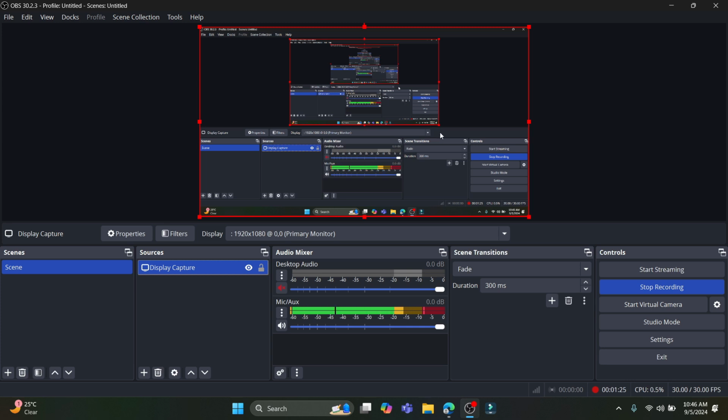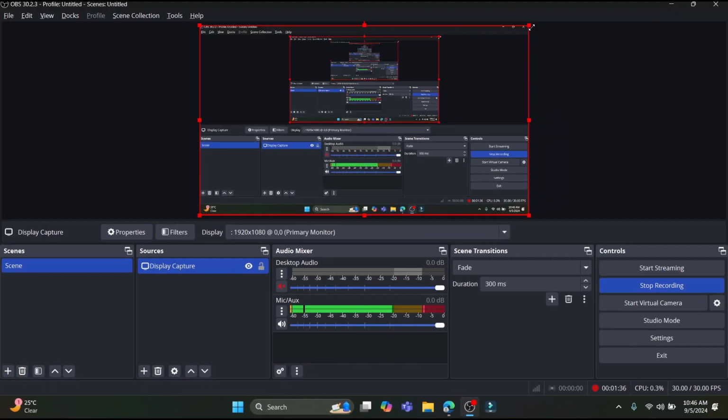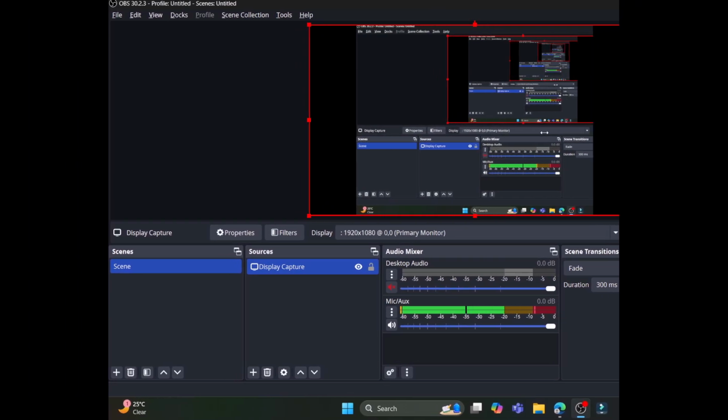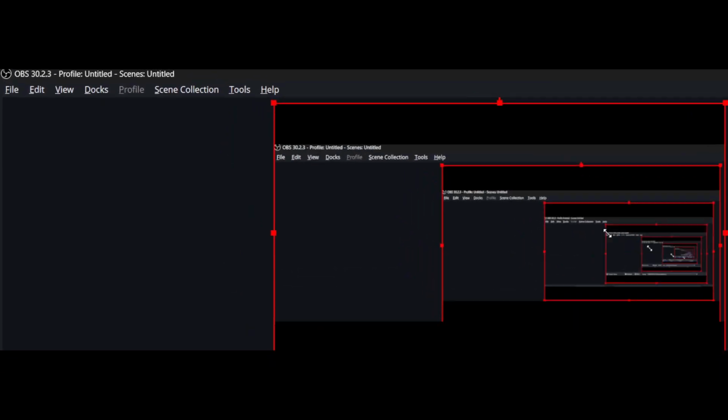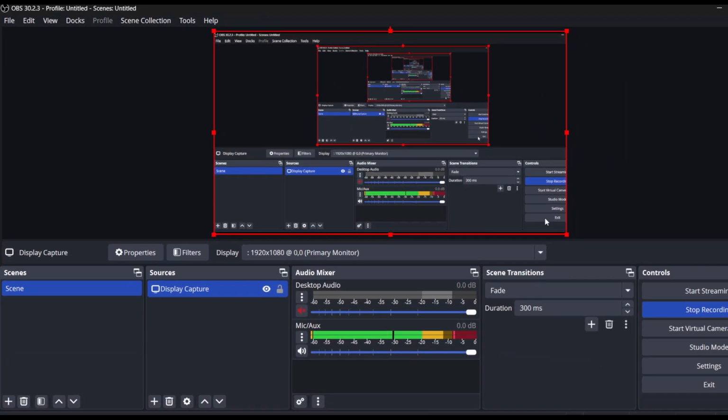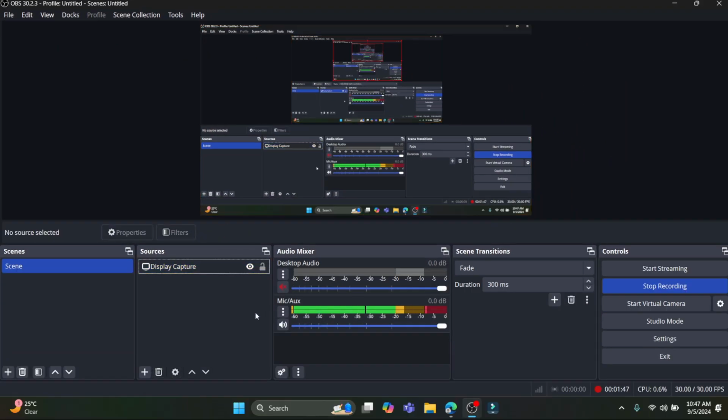So guys, this is the way how you can crop your window capture or display capture. All you need to do is hold Alt and you can drag it from the place you want. And this way, you can either increase the size or decrease the size according to your wish. I hope this video about how you can crop the window capture or display capture on OBS Studio was helpful